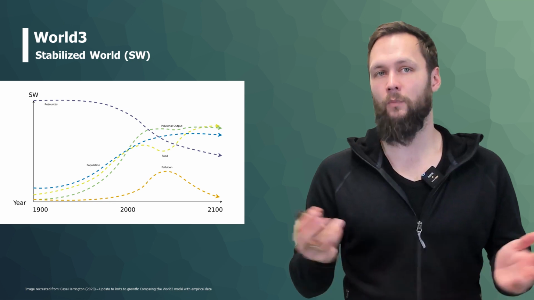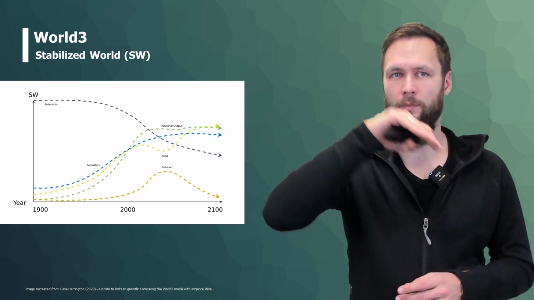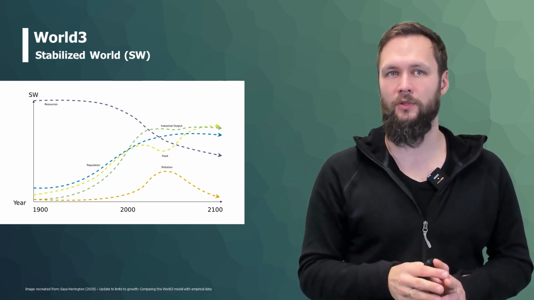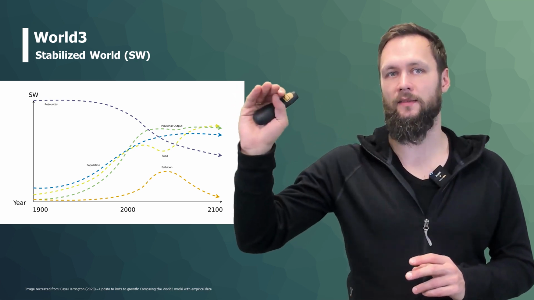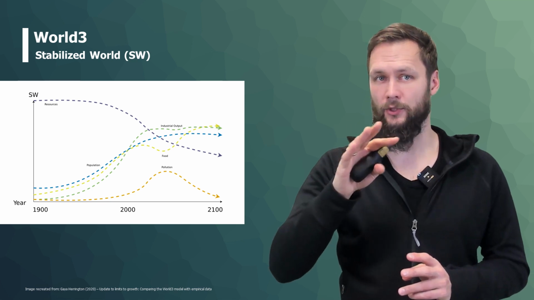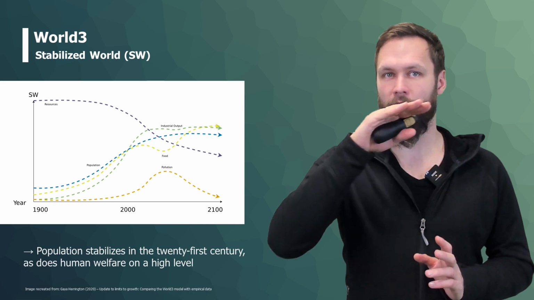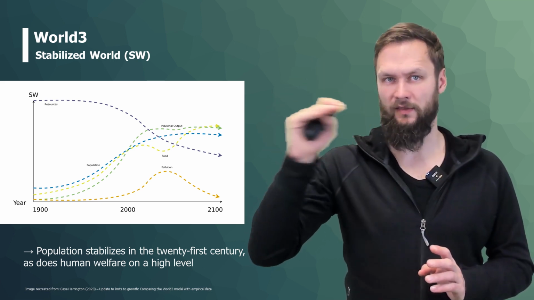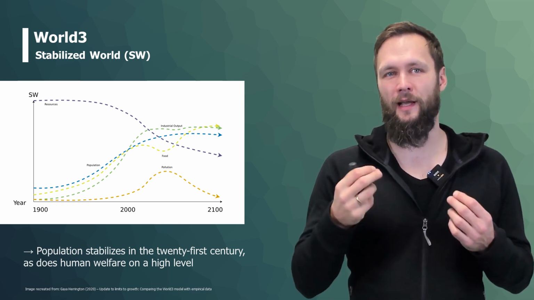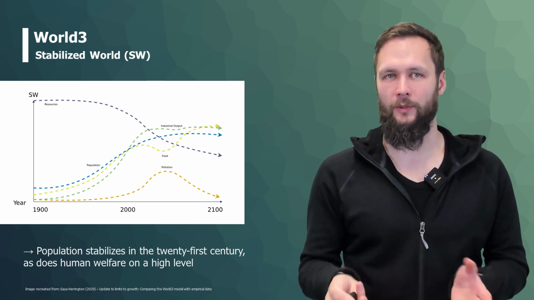And then we get something that looks relatively decent. So we have a sharp increase in population, food per capita, and industrial output, and then it all stabilizes. At the same time, we have at some point a pollution problem, but due to our technological advances, we can handle that. And also our resource depletion very much drops to a stable level by the end of the 21st century. So this sounds to be a nice scenario that is worth considering as a goal for our society.